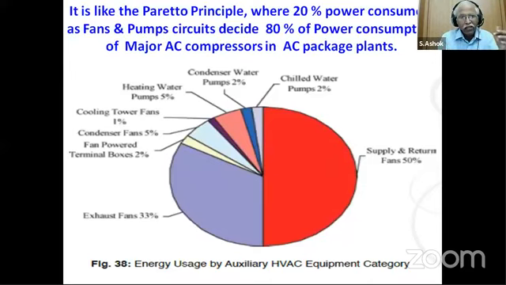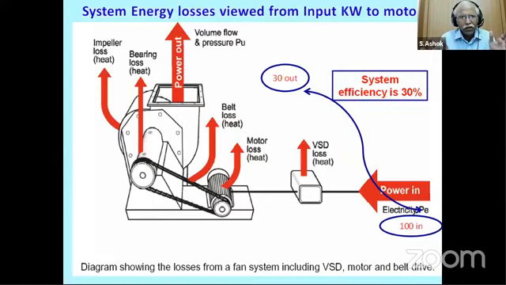What can be done on this air circuit? Typically all the air handling units are centrifugal, backward curved, inclined, either aerofoil type or plug type or plenum type, whichever fan is used. We have done energy audits in many of the green buildings as well. Here we found that in the existing air handling unit blower, for a given 100 units of electrical power input, only 30% was available at the delivery of the AHU blower. That is the volume and the Pascal. Here, what can be done on the VSD side? It's all small drops making motion.